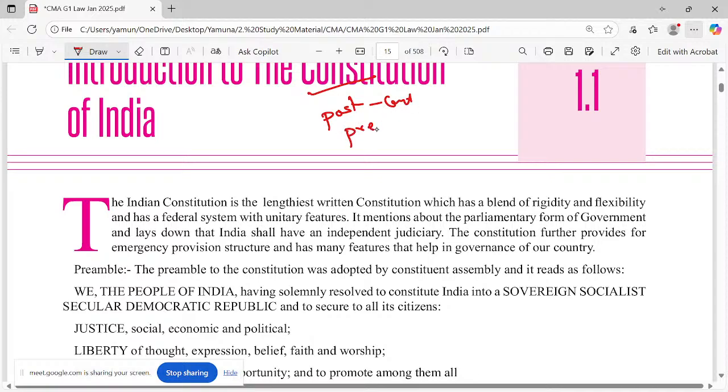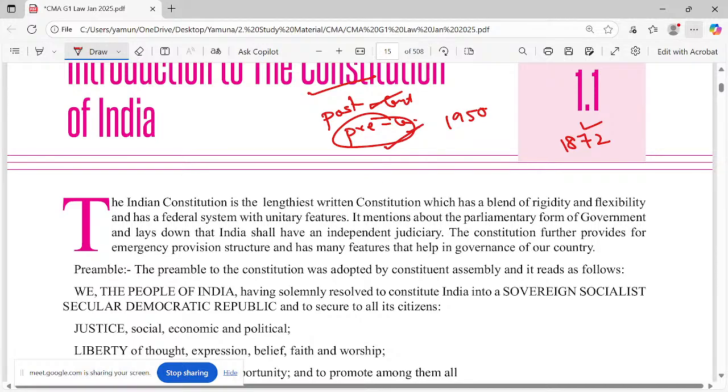If anything is there, pre-constitutional means, what do you mean by pre-constitutional laws? When we have the Constitution of India, 1950, if any Act came before 1950, we call it pre-constitutional. If it came after 1950, we call it post-constitutional. For example, the Indian Contract Act is from 1872, not 1972. If anything pre-constitutional is not consistent with the Constitution of India, that has to be corrected.